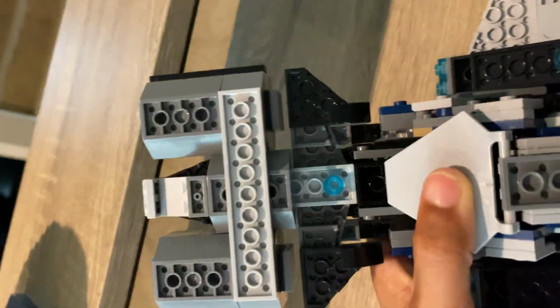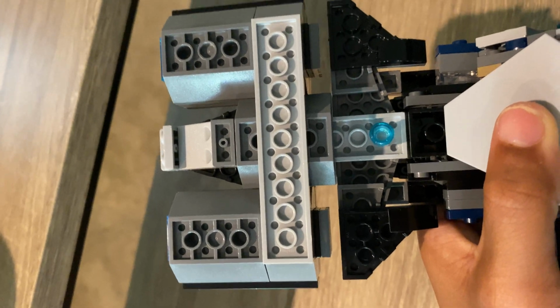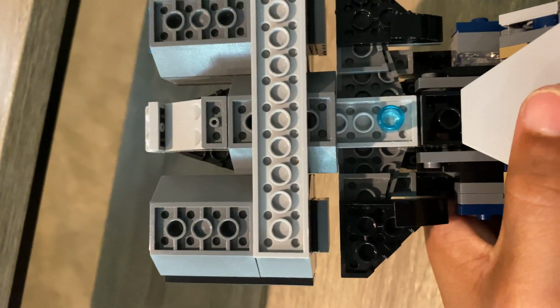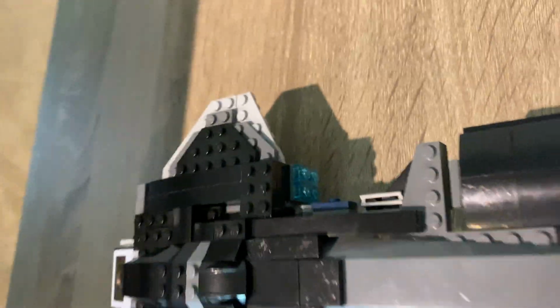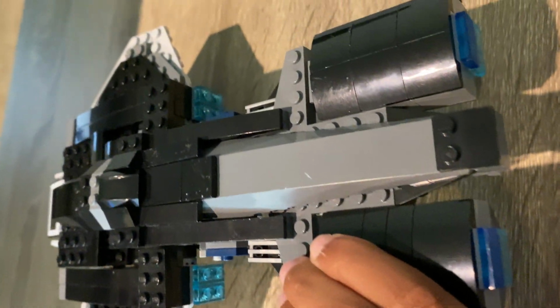Now, that's not all. So, back to the engines. Now, I currently have my engines locked in with this 2x10 in place, keeping the engines from moving, because I was displaying this, so I didn't want any loose parts. That's why I put blocks on the wings. But if you take the piece off,